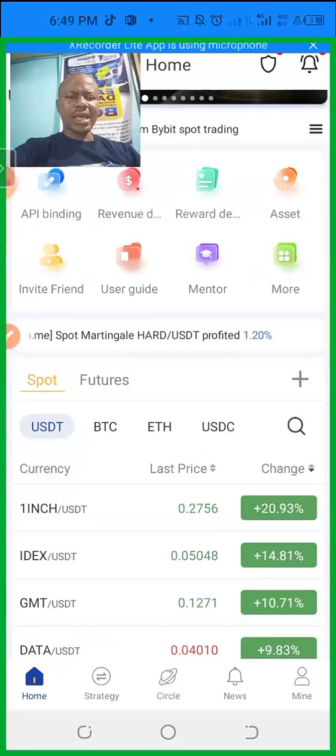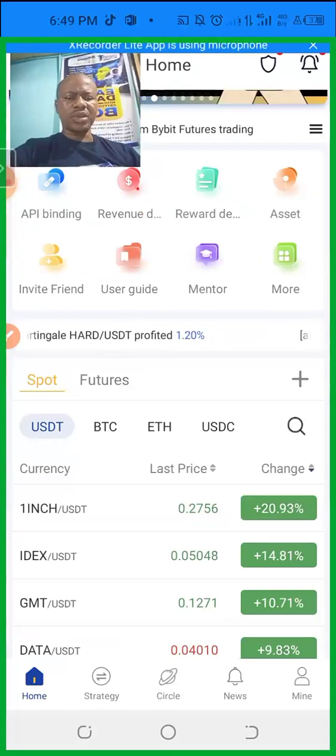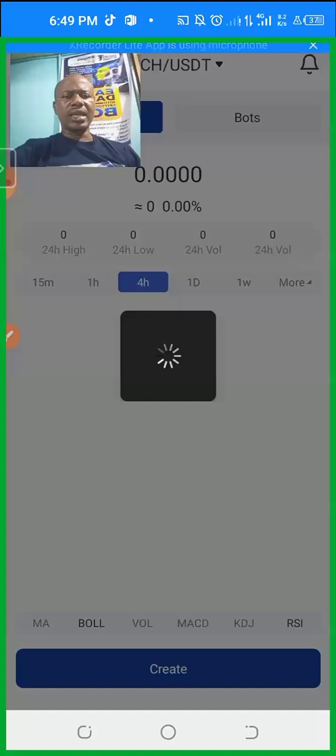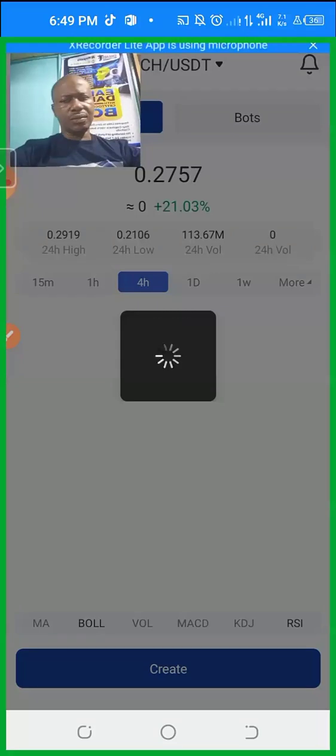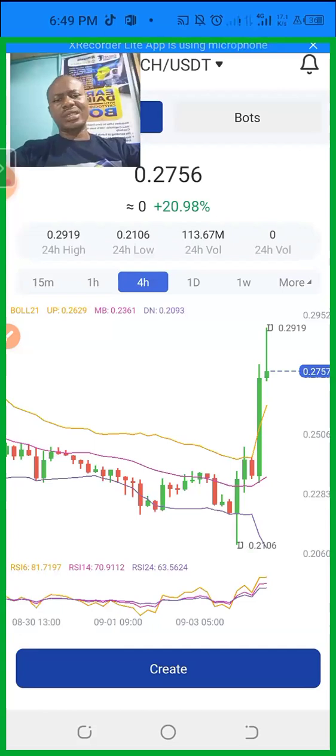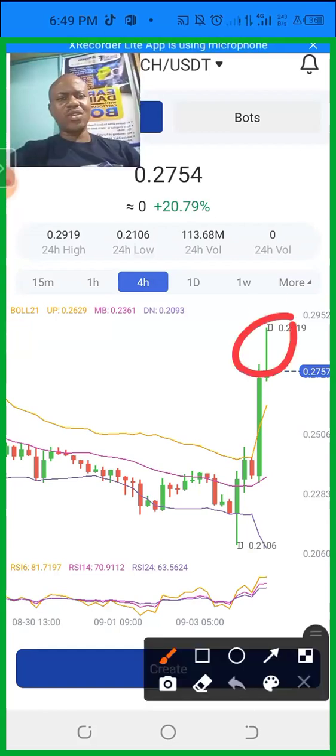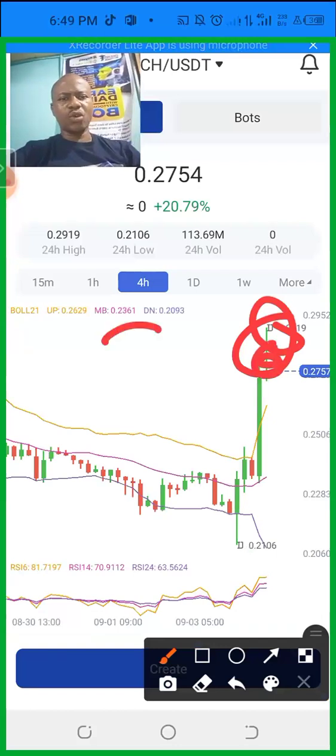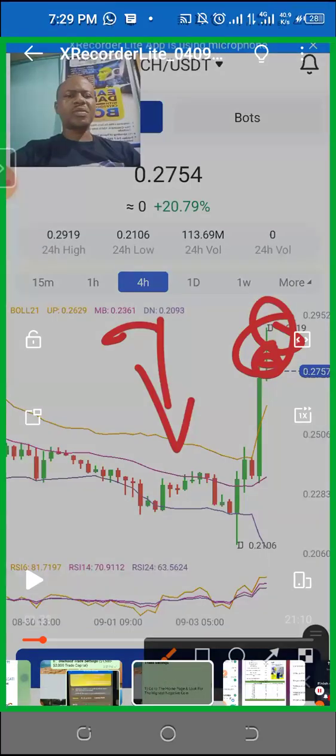Never enter any coin that is pumping, because any coin that has already pumped up, the next thing is for it to come down. There are some teams, some communities in RoyalQ that claim that they have a strategy that should enter pumping coins. How can you go and enter a coin that has already gone up and you want to enter from up? Anything that goes up must come down. And they are getting results, but for my years of experience,